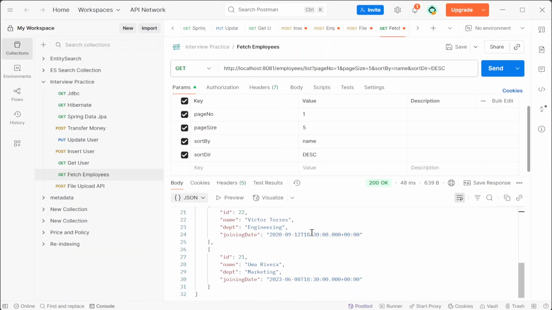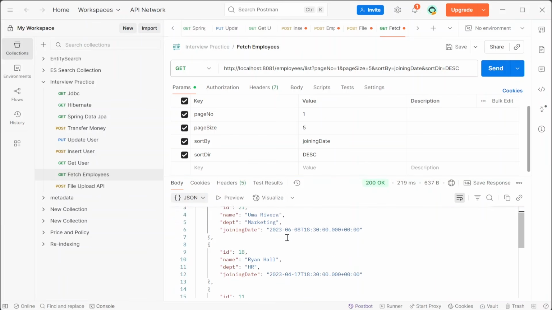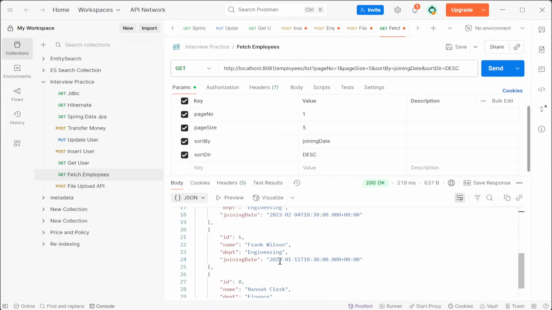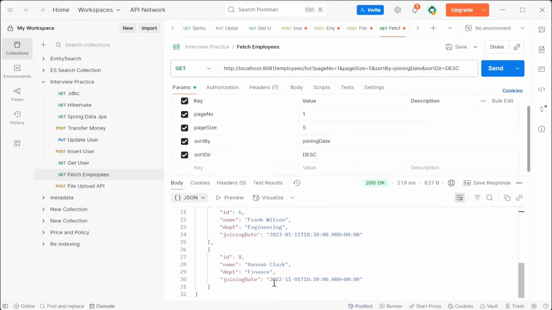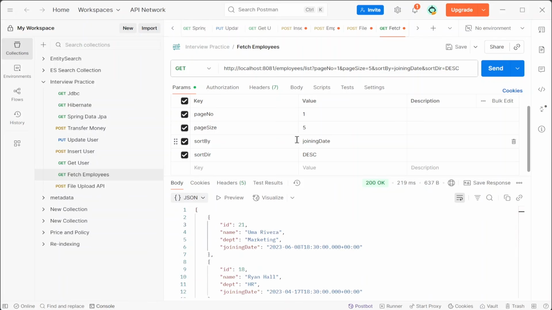And let's say if I change it to joining date. Okay, so now it's an altogether different order based on the joining date. If you look carefully, these joining dates are in descending order. 23, 6, 8, then this is April, then this is Feb, and then this is January, and this is a year back, 2022. So this is how we can sort based on various fields, and we can also set the direction of those fields. I can again change it to ascending,